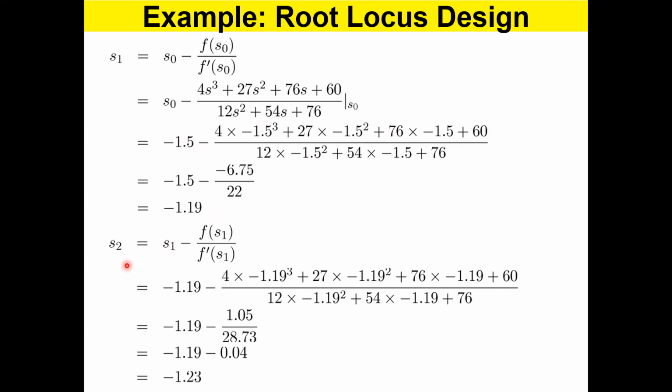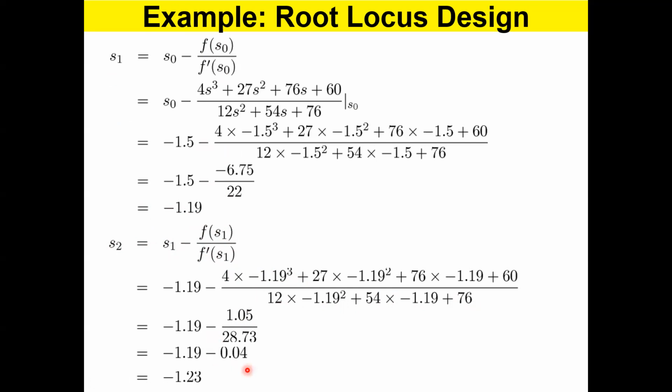Now you do it again. Use this minus 1.19 as s1 and calculate s2. When you do that, for f of s you substitute minus 1.19, and you do the same for f dash of s over here, with minus 1.19. Then you get minus 1.23. So like that,